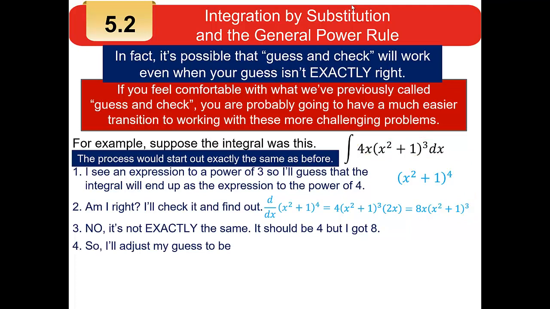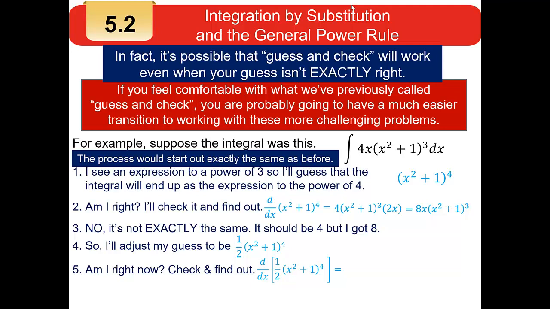I'm going to adjust my guess to just be half as much. Half of x squared plus 1 raised to the fourth. Now I'll check that guess and see what happens by taking the derivative of 1/2 my original guess. So if I take the derivative of 1/2 times the quantity x squared plus 1 to the fourth power,